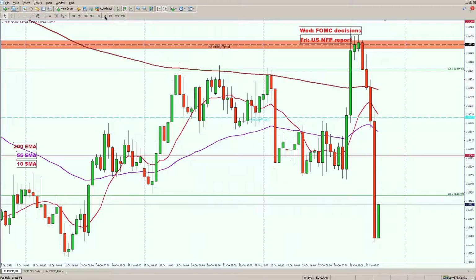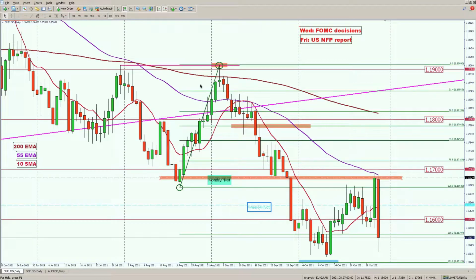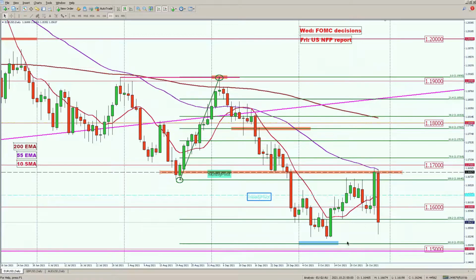Going back to the 4-hour time frame and the daily time frame. So right back down to this previous area of support that was from 2 to 3 weeks ago now. So it's heading back down,